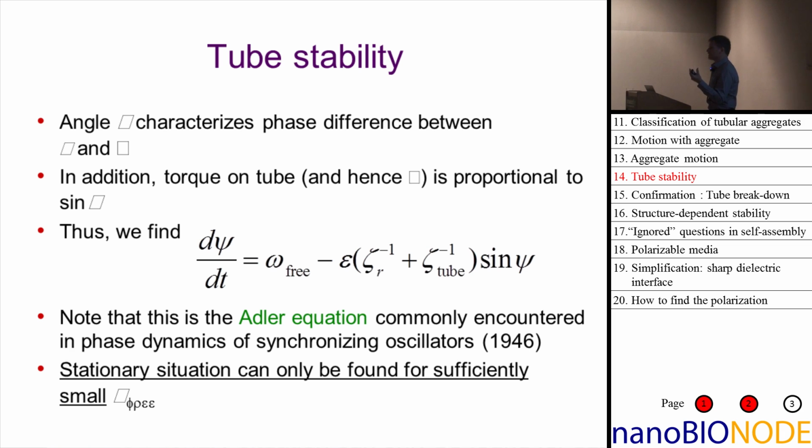Now realize, we don't want that angle psi to vary. We want a stationary state where the whole cylinder is rotating. So then you can do a very simple analysis simply by looking at this. Obviously, the left-hand side must be 0. The d psi dt must be 0 if psi is constant. And then you realize, that is not always possible because this second term can only become so large because the sine, of course, is bounded. That means that omega-3 cannot be too large. If omega-3 is too large, you will never get the right-hand side to 0, and so you will not find a stationary solution. But now remember what I said in the very beginning.